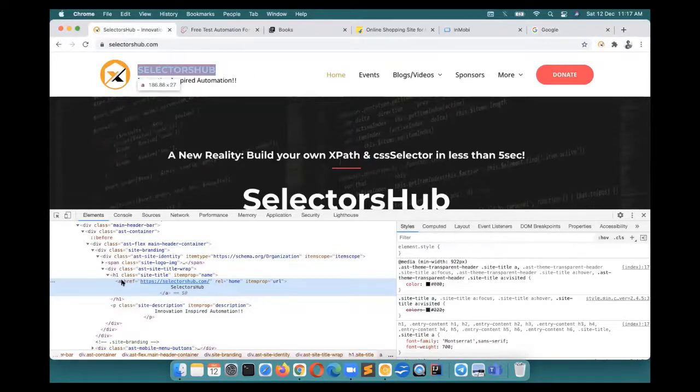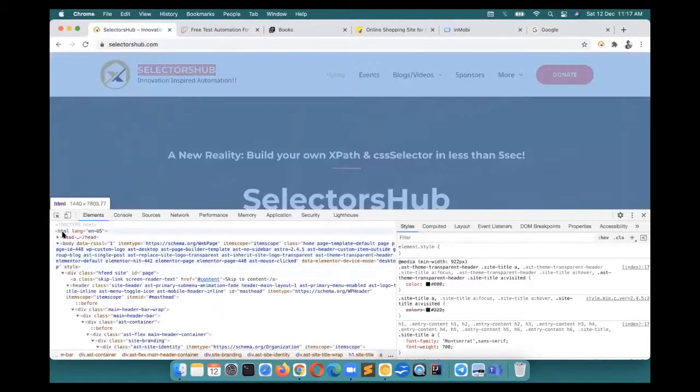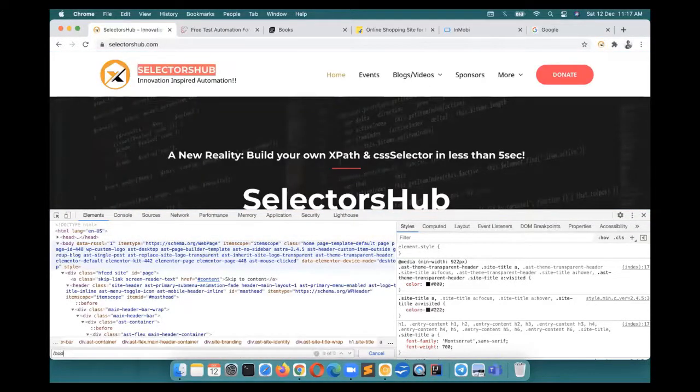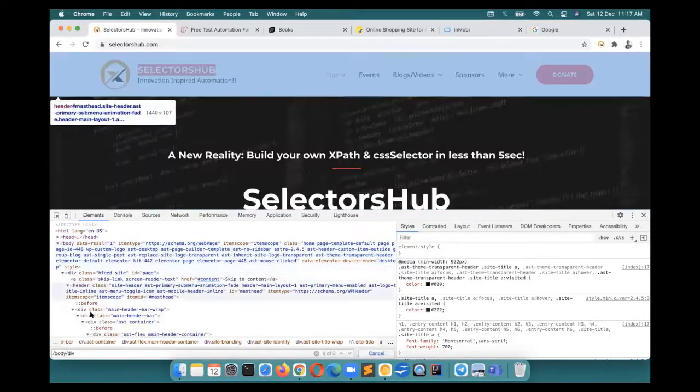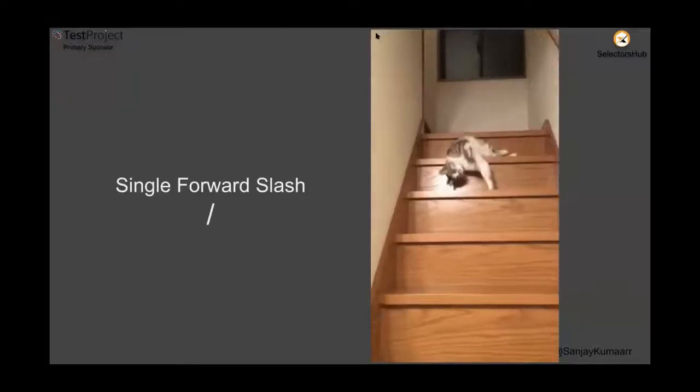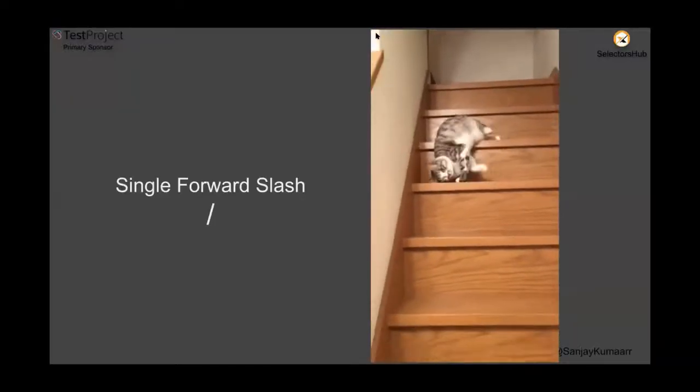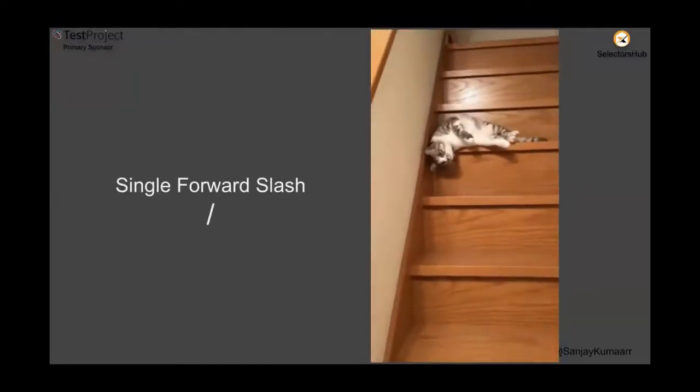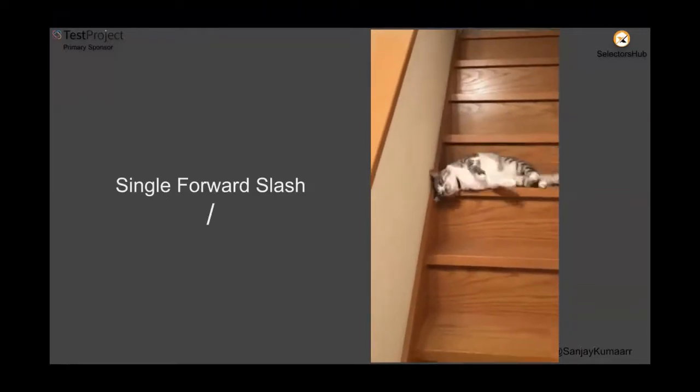then we start from here, basically HTML, head, body. If we start writing this way, single forward slash body, then single forward slash div, this is basically coming one by one, then this, then this, likewise one by one. So it is like coming through stairs one by one, and it will take a lot of time and make your process slow.